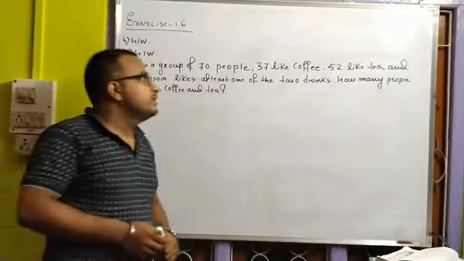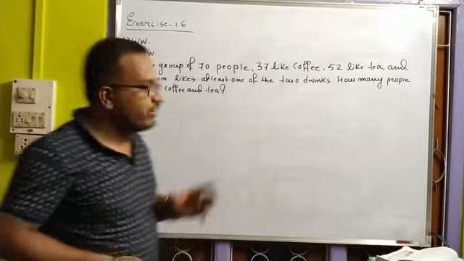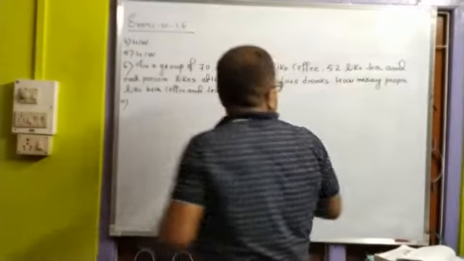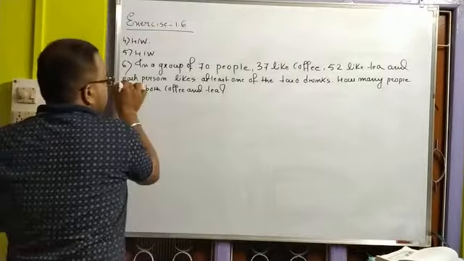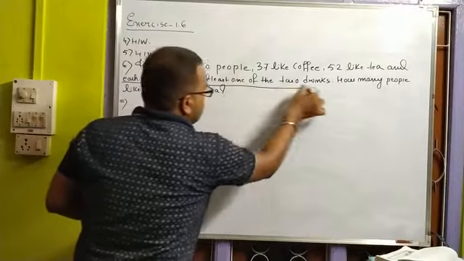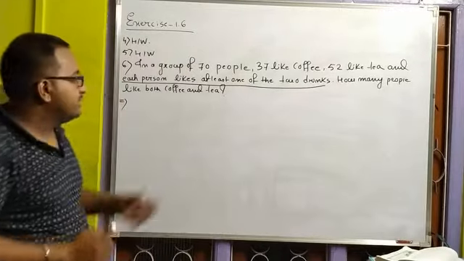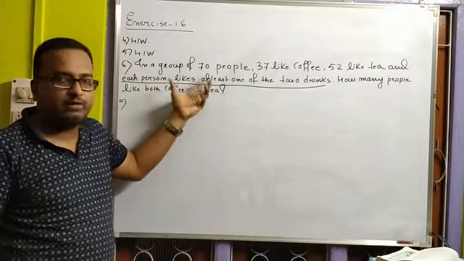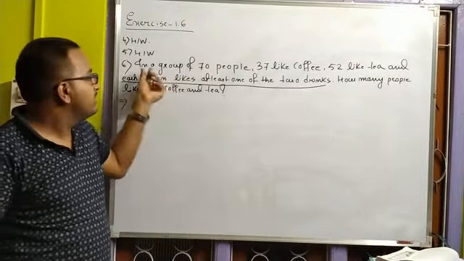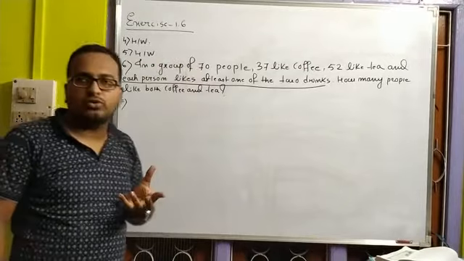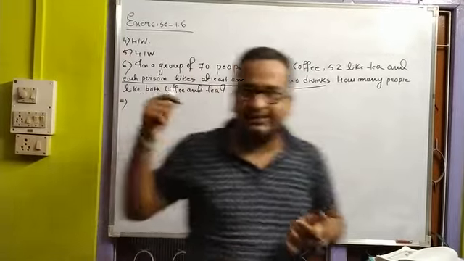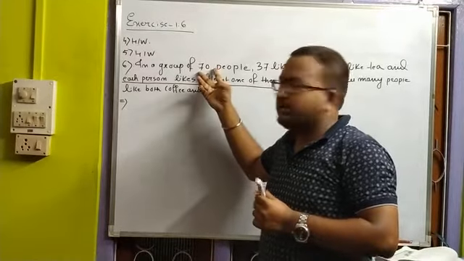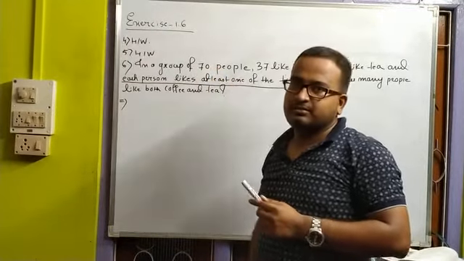So you are given 70 people, and what is the meaning of this line? You have to understand this, that each person likes at least one of these two drinks. So this line has a very important meaning in this type of problem, because here with 70 people we don't know whether this 70 is the union of these two sets or it is the number of elements of your universal set.